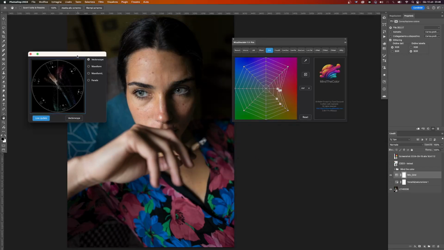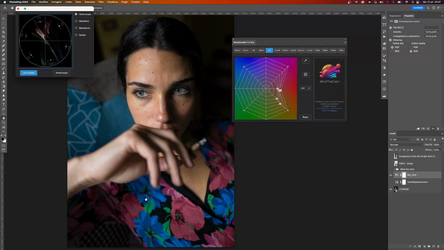Now, I want to concentrate on these blues here, because in order to make a simpler color harmony, I want to make these two blues the same, because they're not exactly the same. I can see that this blue on the flowers is more saturated than this blue on the sofa. And there's also a slight change in the hue, because I can see this blue as a little bit more purplish than this blue on the sofa.